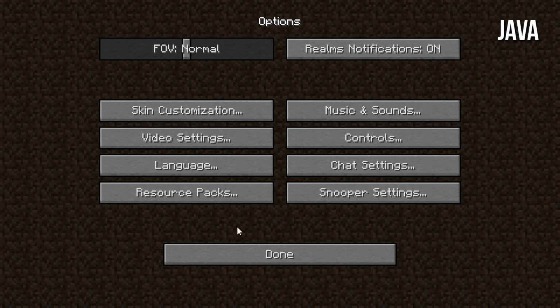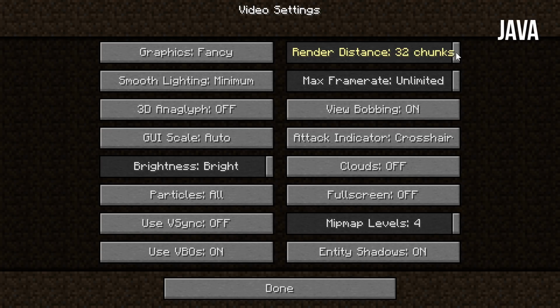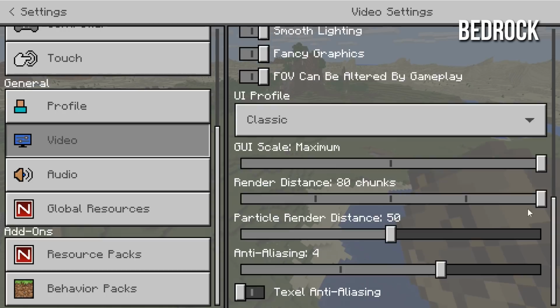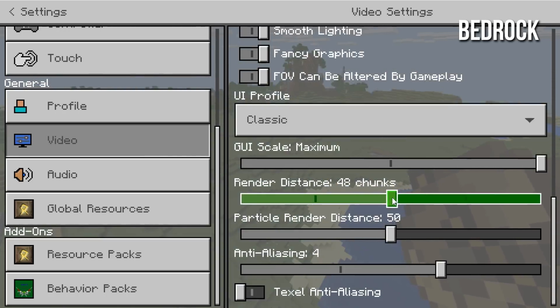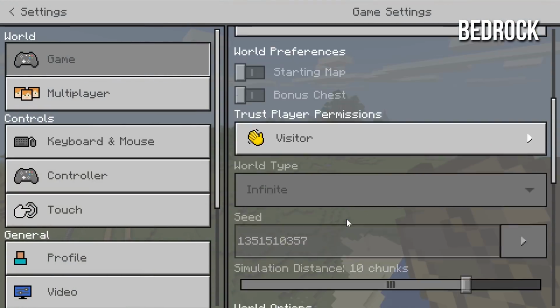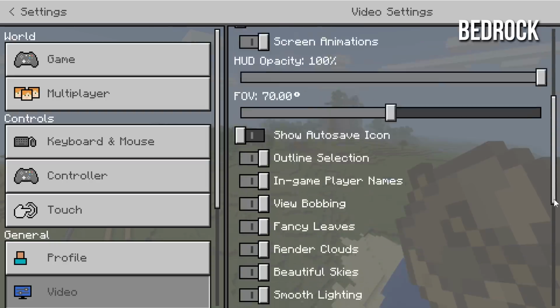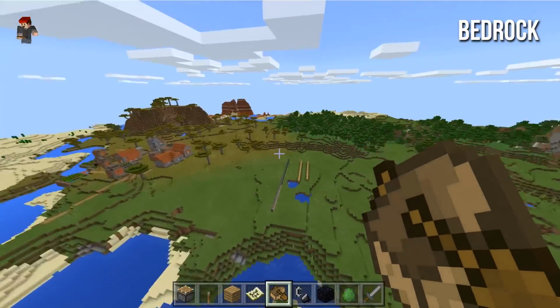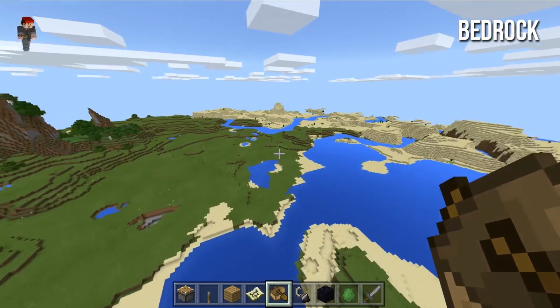of course, a massive gaming computer is going to be just fine with this. Just as a quick contrast, you can see in my video settings, my render distance is pegged at 32 chunks. That's the most amount of chunks, and normally I stick around 16. But 32 is the most you can do on the Java edition. On the Bedrock Edition, those chunks go all the way up to 80 chunks. So I could set 48 chunks. It's kind of like middle ground. I mean, 16 is the least amount of chunks that you could possibly use, but you can go all the way up to 80, which is a pretty incredible amount of distance. Even just 64 is absolutely great, and you can see just how quickly it loads in there. It's almost comical compared